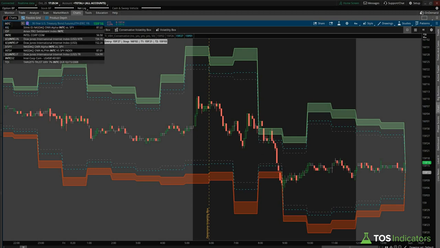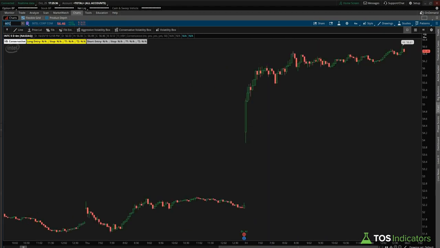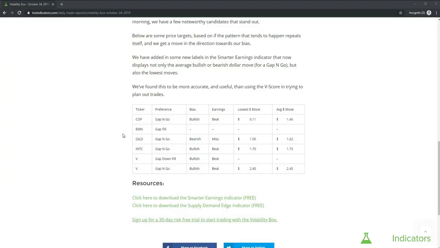And next, we'll move on to the chart of Intel. This was an earnings play that we talked about yesterday, and we had this on our website where we were looking for a gap and go. If we pull this up on the website, we can see that we had Intel listed right here, where on Intel we were looking for a gap and go in the bullish direction if we had a beat. The lowest move that we were looking to get was around $1.70. However, our average move was right near there, $1.73. We had only had two instances of this, however both instances were on beats, and both instances ended up working. And so that's where our focus was.